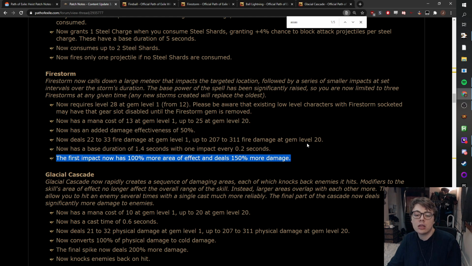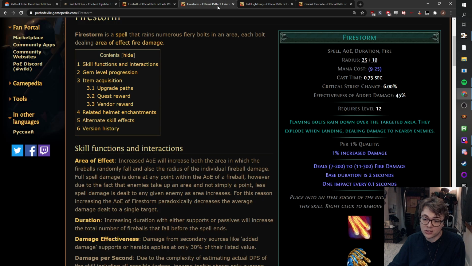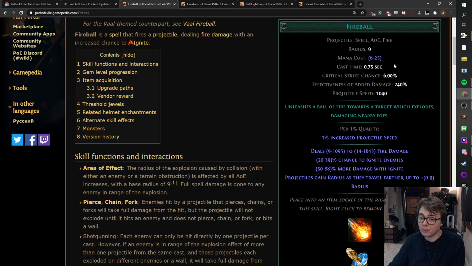So what does that mean? It's roughly 770 base damage with 125% damage effectiveness for the first hit, which is really low, considering it also has a delay. It doesn't have the fastest cast time. It's got a 0.75 cast time. It is the same cast time as Fireball, which is pretty slow, but Fireball has a damage effectiveness of 240%, and it has a base of